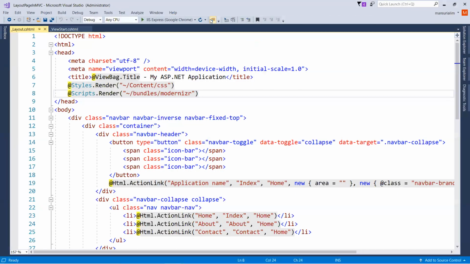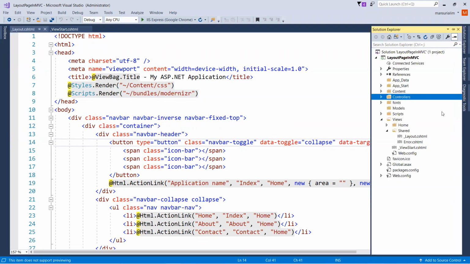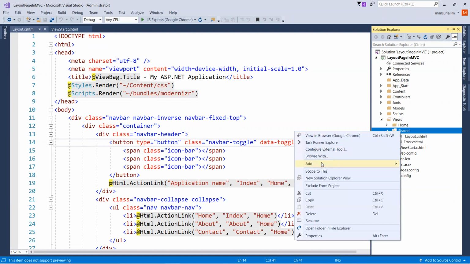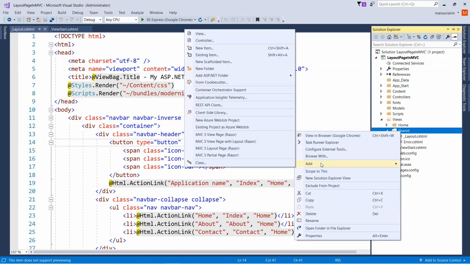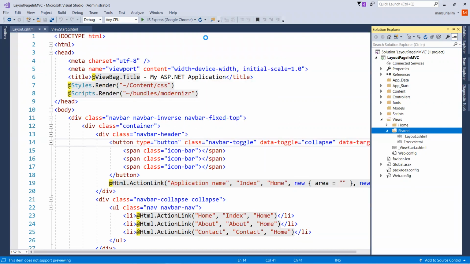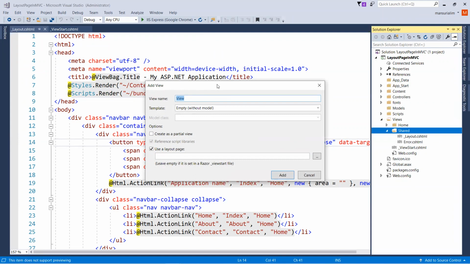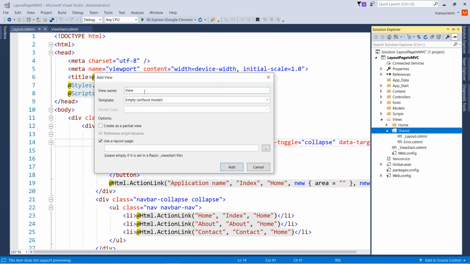So to understand these things, we will take one layout page, okay? So let's come here to the Shared folder. What we have to do is right click on that Shared folder, and we have to add a view, okay? And whenever you add a view, you have to give the name to that view starting with an underscore, okay? So this is the naming convention when we define the layout page. So I will call it my layout page,